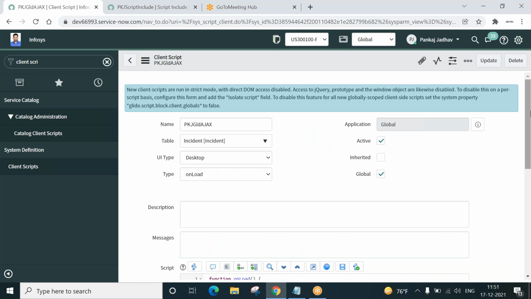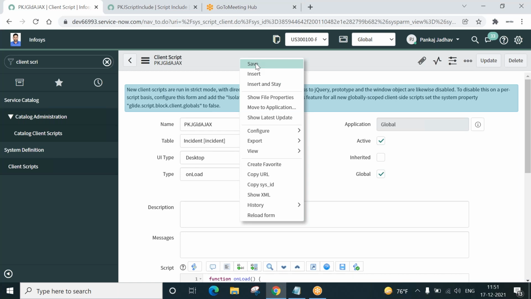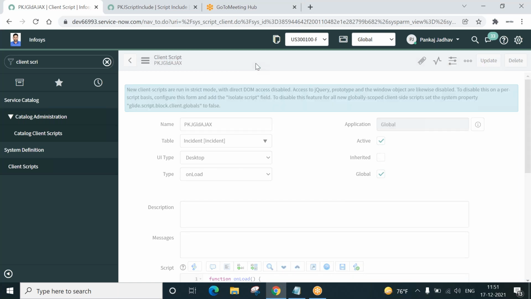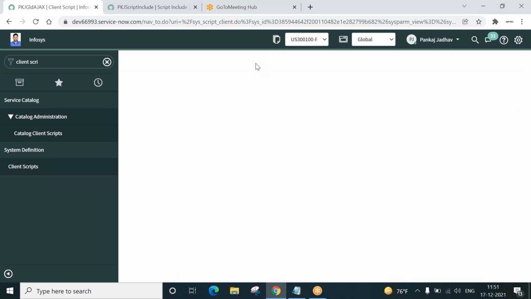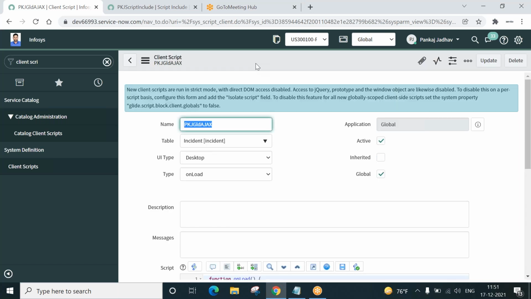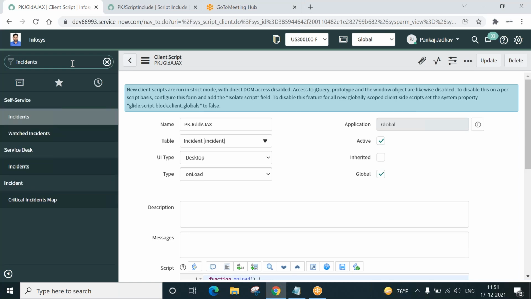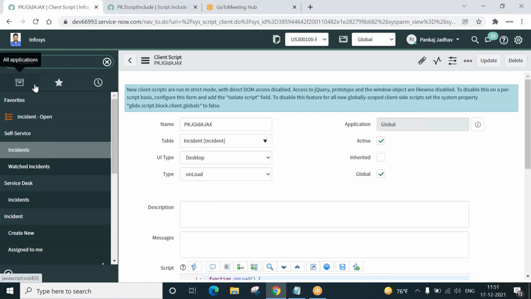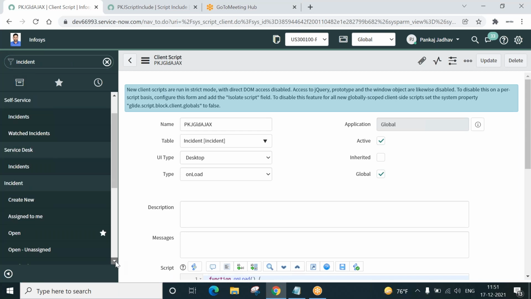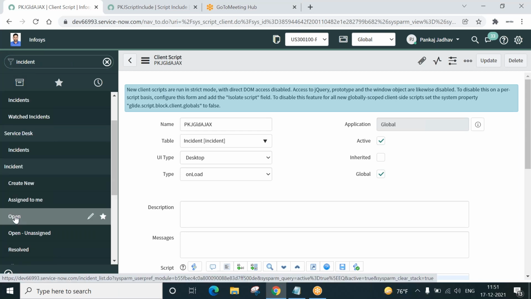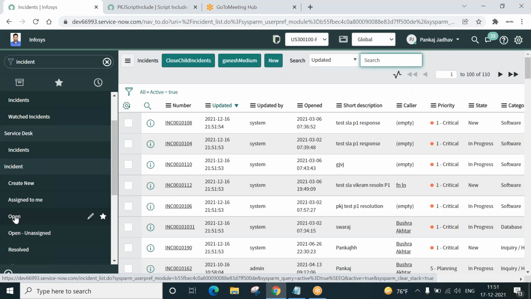This is active. Mine is a client script. Did we save it? Let us save it again. Now we will go to incidents. I want to see all the open incidents. That's why I clicked on this. Now let us see.